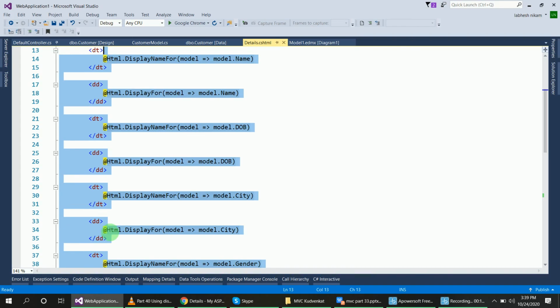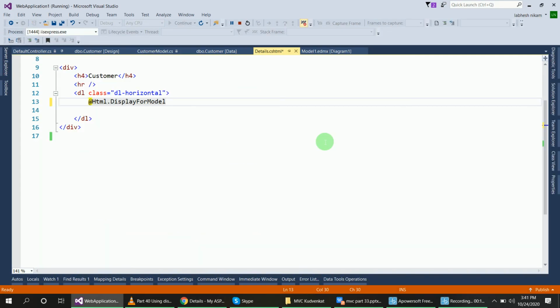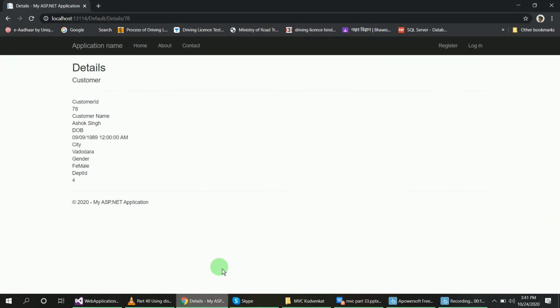Now for that, okay, this will display all the fields. You can see here I have saved it and run it. You can see here without writing any data or controller or label, I can display all these things using display for model.